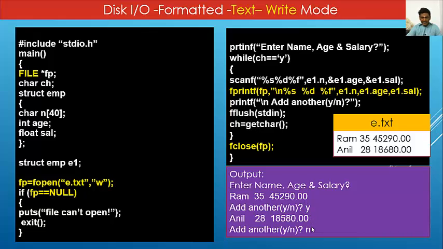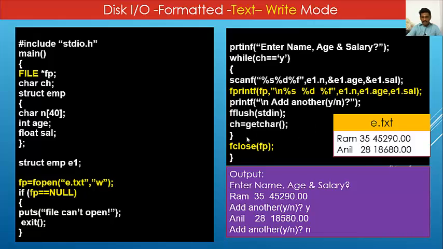If we press n, the value of ch is n, not equal to y, the condition is false, and it comes out of the loop. Then we close the file, which closes the data stream between the RAM memory and the hard disk